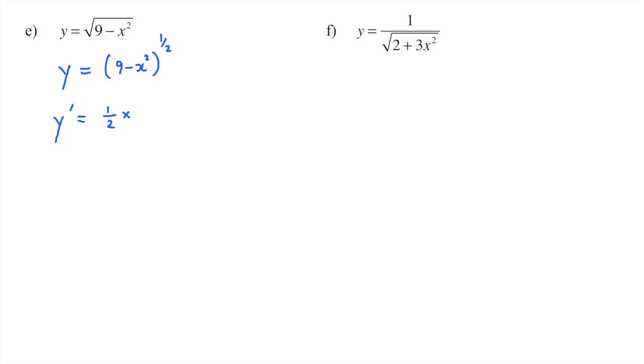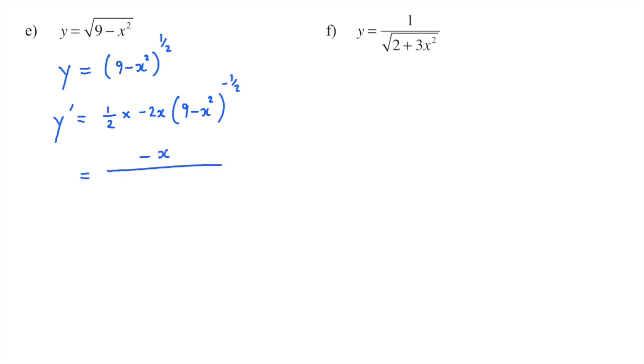Differentiate the inside of the bracket. So 9 take x squared. The derivative of 9 drops out, minus x squared. The derivative of that is minus 2x. Rewrite the bracket. Take 1 off the power. A half take 1 as minus a half. Now, tidying this bit up, a half times 2, a half of 2 is 1. So a half of minus 2 is minus 1. So you get minus x